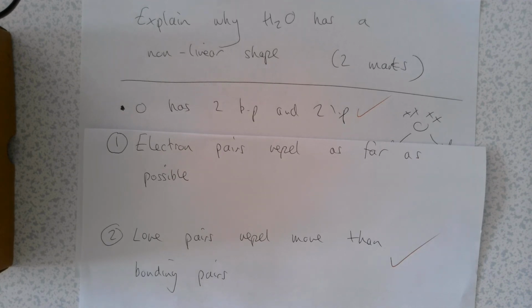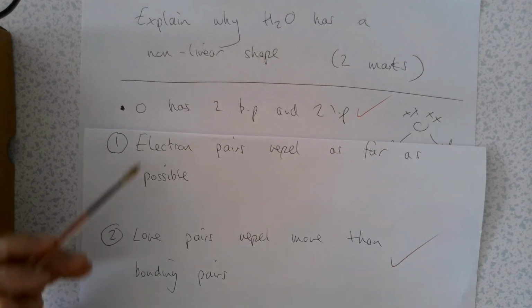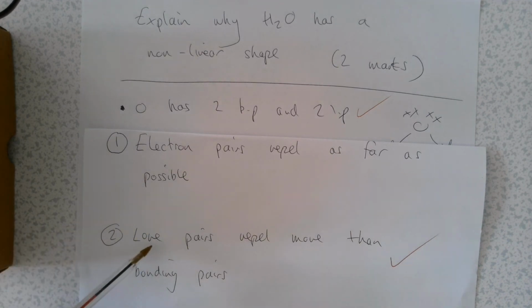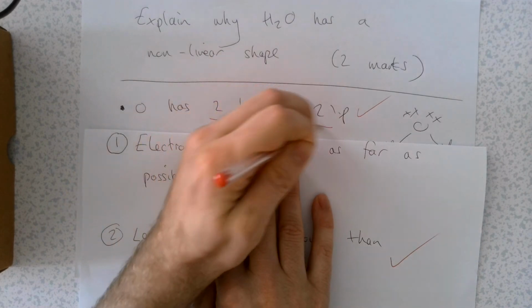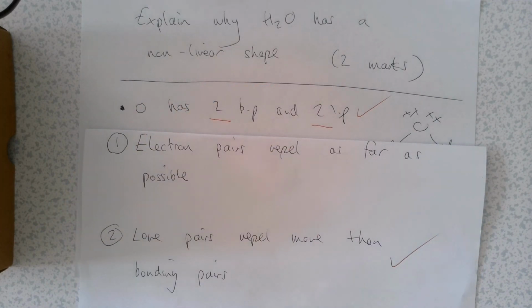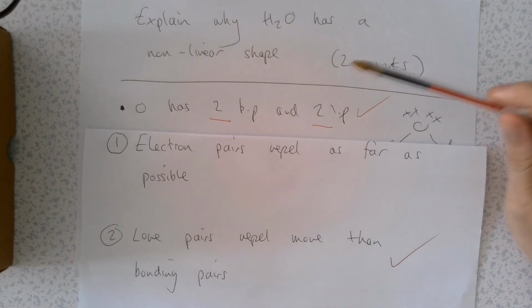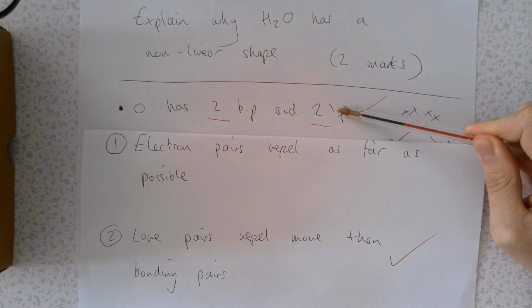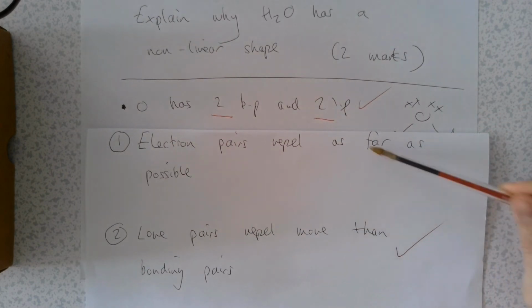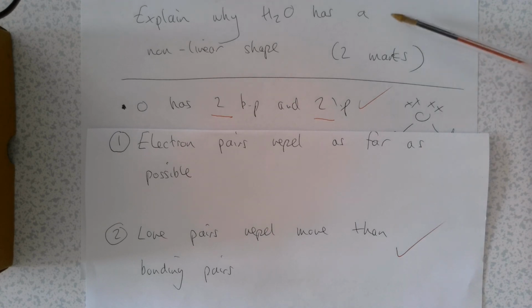Okay, and that's it. So you're literally just regurgitating those same 2 sentences every time. The only thing you need to change about this answer is the number of bonding and lone pairs specific to the question. So again, as a model answer, I would write down state bonding and lone pairs, and then I would write those 2 sentences down, and that would make a really good flashcard for how to explain the shape of a molecule, because it is an